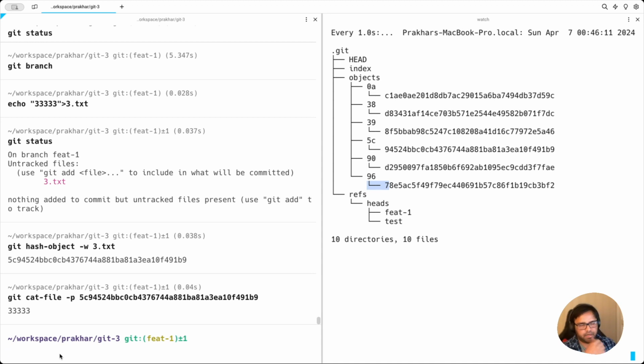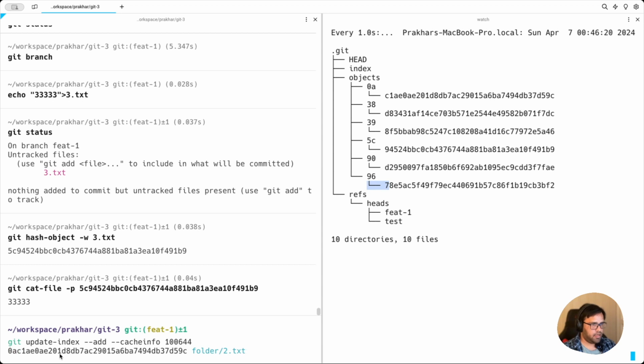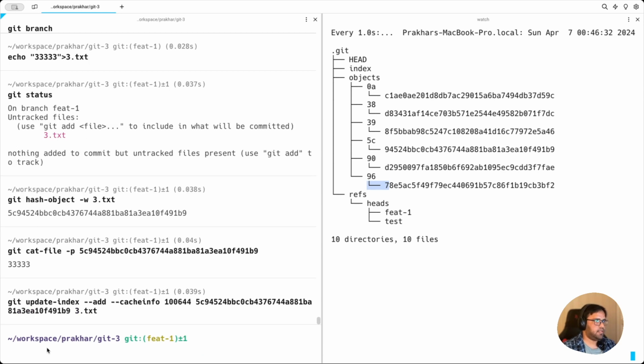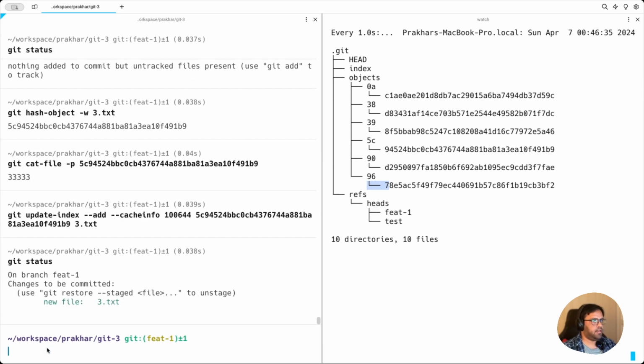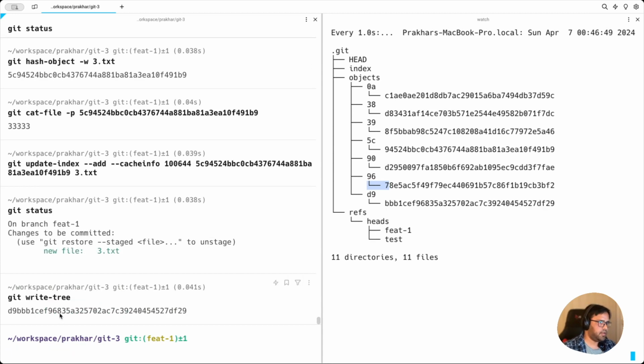Next, we want to update the index. So to do that, we can just say git update-index, everything being the same, the new hash and 3.txt. Perfect. Git status will say that we have a new file in our index called 3.txt. Let's write the tree to the objects folder. Nice. So we have the tree ID,